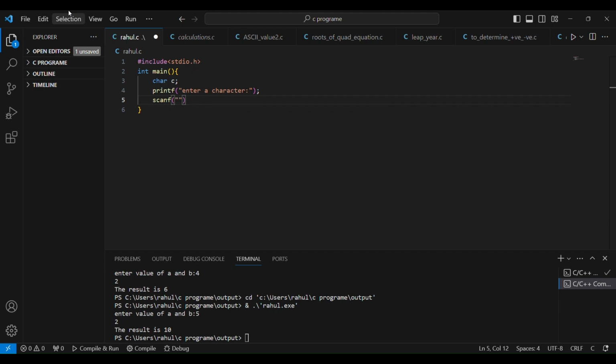scanf %c to store a character, and we use %c to address the character in C, right? And printf to display the result, the ASCII value